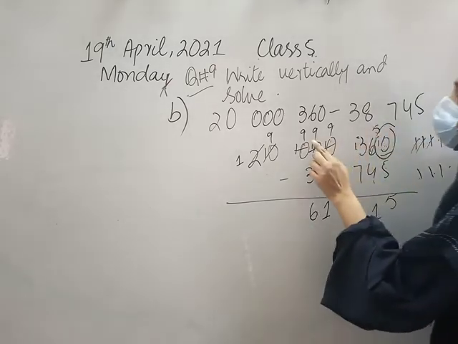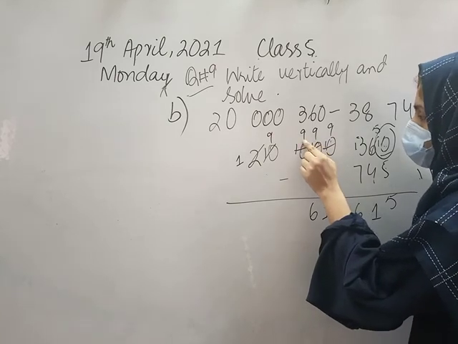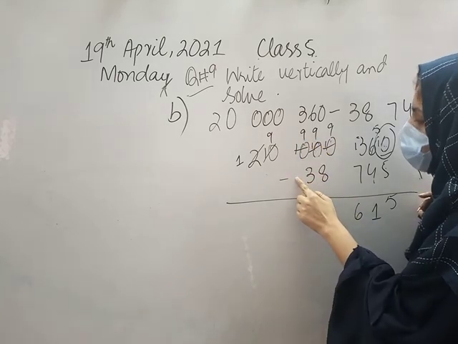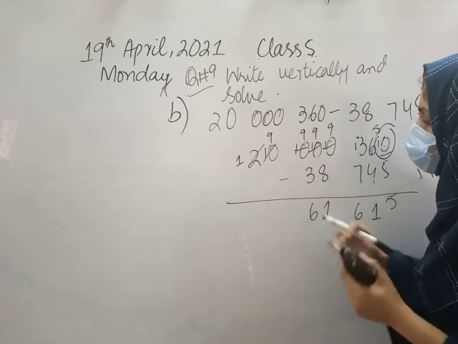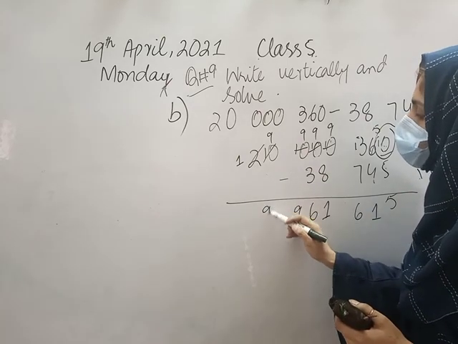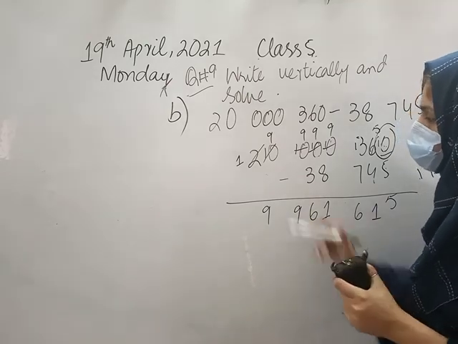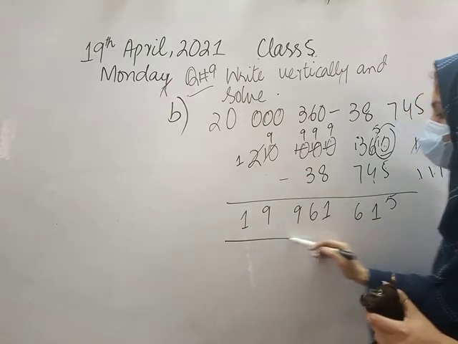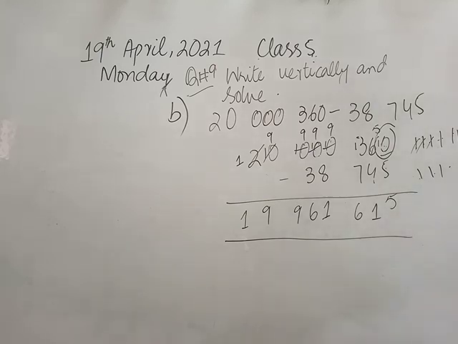Okay. If you look, this is a 9 in total, and there is no digit below 9, so I will write 9 as it is. Fine? And this 9 will also be as it is, and 1 as it is. So this is how we can solve subtraction of numbers which was up to million. Fine?